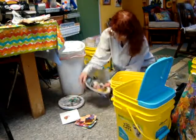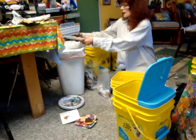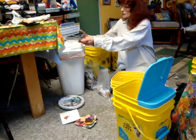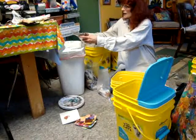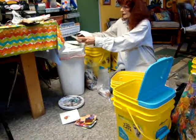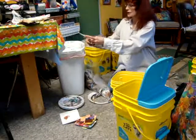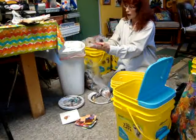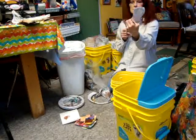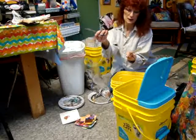What I'm doing is just working with recycled materials and getting ready for my mixed media workshop. I always get my materials ready ahead of time, so I came in today to prepare my things that I'm going to be using. I'm going to be using the styrofoam to show that you can actually use it to create collage material for mixed media pieces. This is great because it's painted styrofoam left over from projects that I do with the kids,